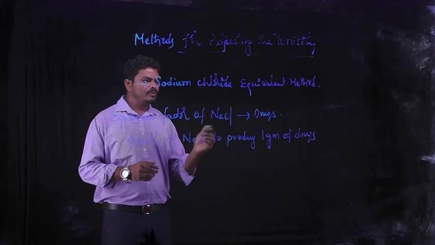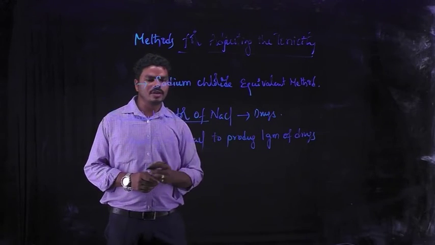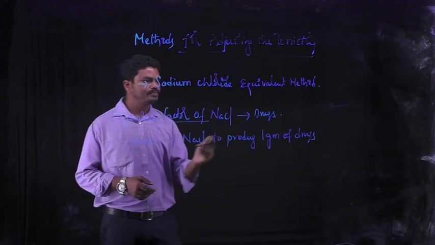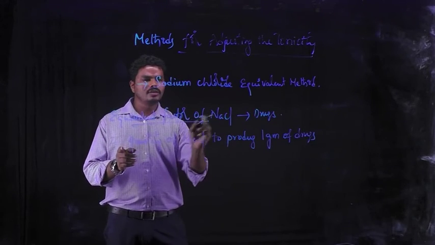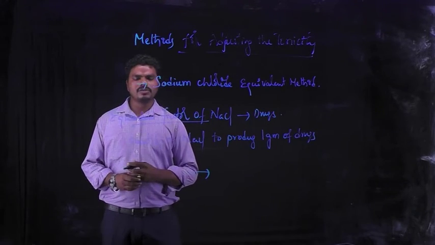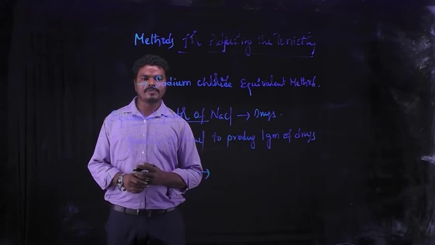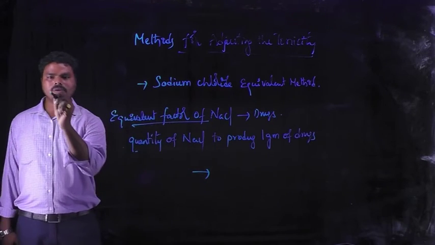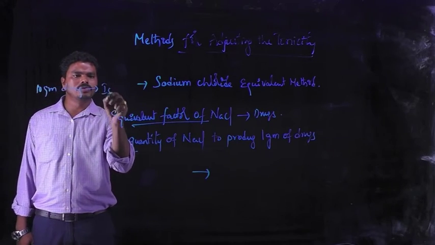Understood? So when you know the equivalent factors of sodium chloride for different types of drugs, they are generally available in tables like logarithmic tables, and from those tables we can calculate the equivalent factor of sodium chloride with that of the drugs. These equivalent factors are useful for converting the strength of a drug into the tonic solution it can produce.